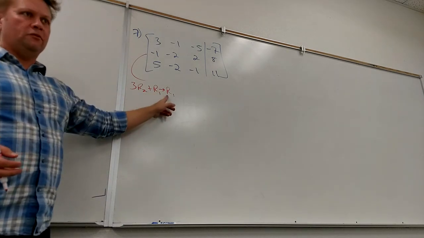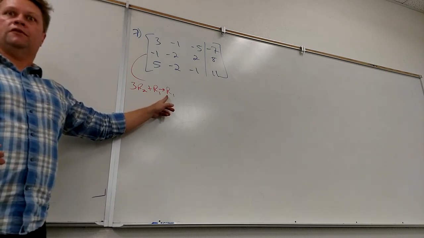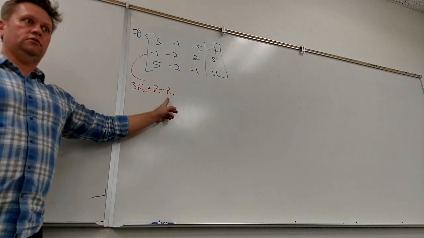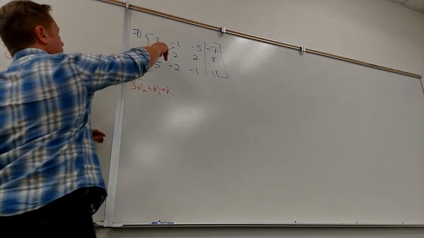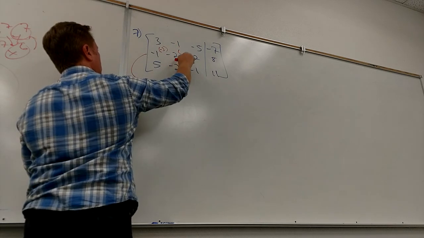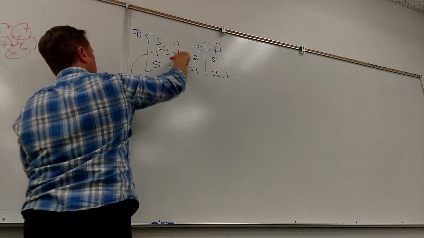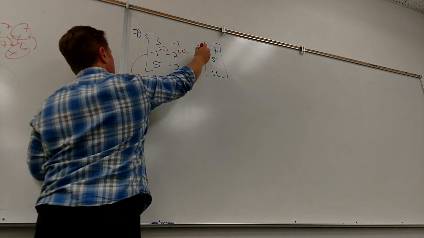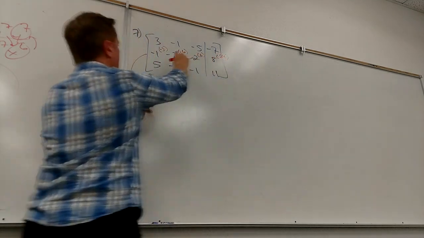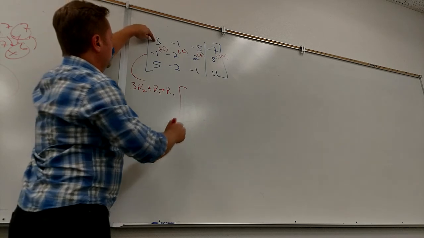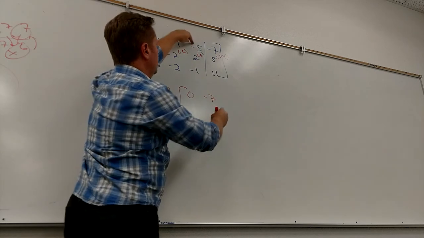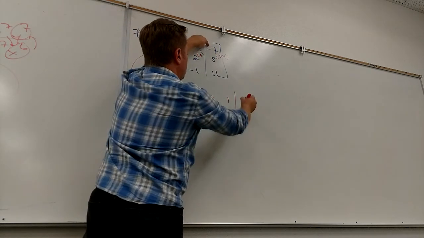If you write something like this down for me, it'll be much easier to grade. And if it's easier to grade, you have a much higher probability of getting partial credit. So as you do this, tell me what you're doing. So right here I can write 3 times row 2, so that'll be -3, -6, 6, 24. And now I can add: -3 plus 3, 0. -6 minus 1, -7. 6 minus 5, 1. 24 minus 7,